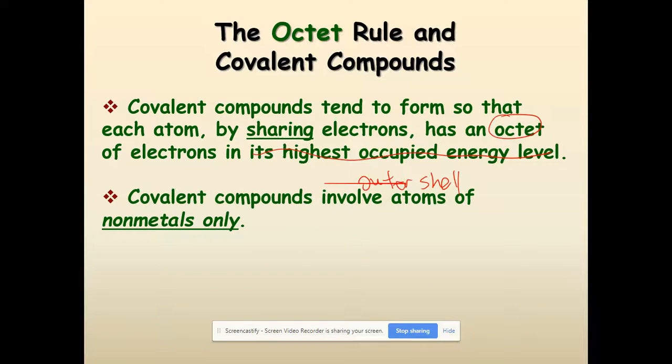Covalent compounds involve atoms of non-metals only. Super important. So when we're looking at that staircase on the periodic table,